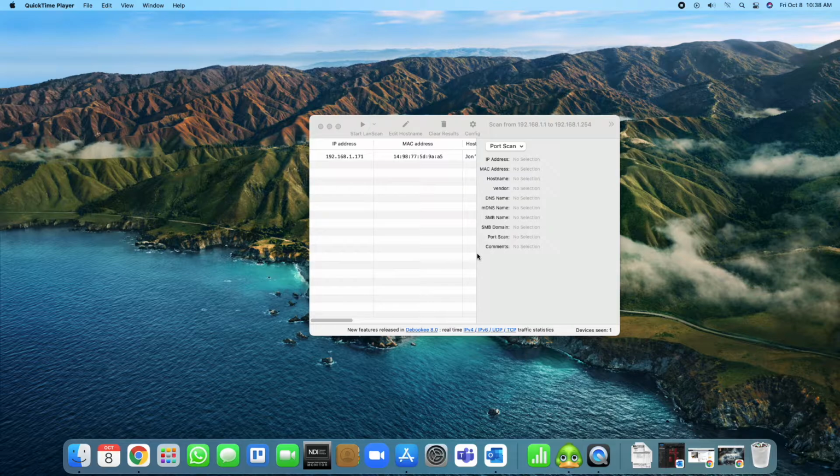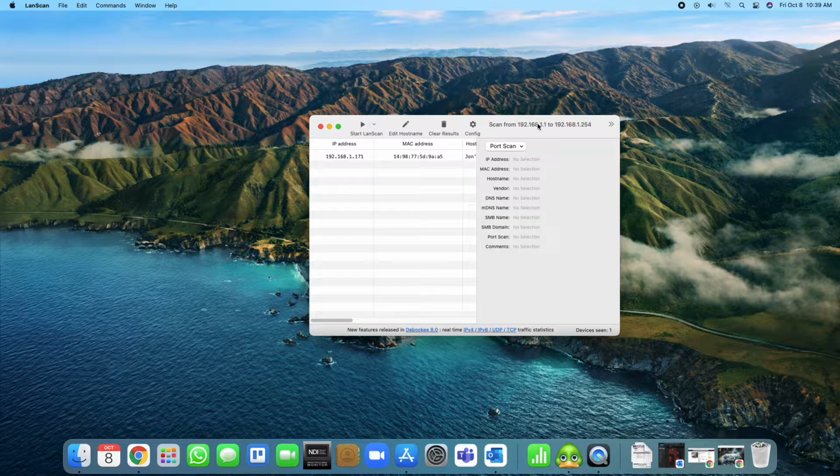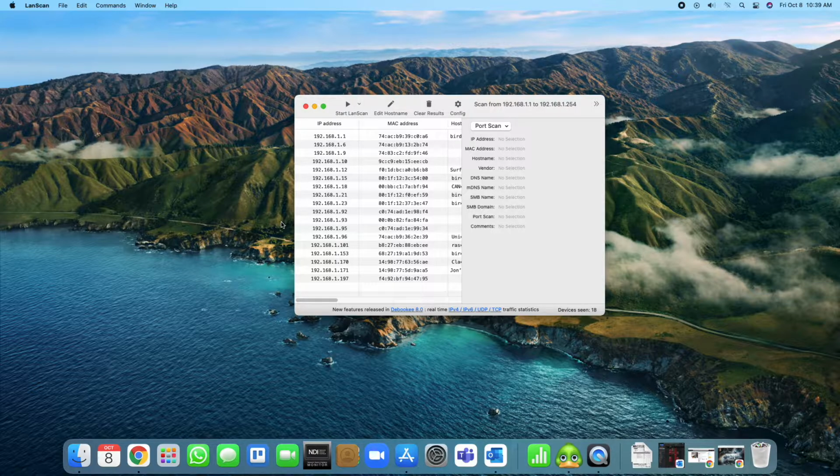But LanScan will at least ping the network and find out who is on what IP address and what MAC they're associated with. So you download it. It looks like this, and you can customize the scan range that you want to use if you want, but it grabs your current subnet, and you just hit start. I do warn you, please make sure this is allowed on your network, because you are going to be pinging all devices and acquiring their IP addresses. So make sure that your IT department is aware if you have one. And also then when we hit start, it just checks all 254 addresses basically and says, okay, these are the ones that came back